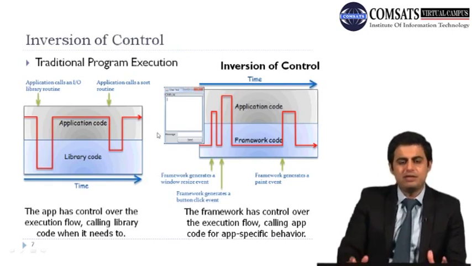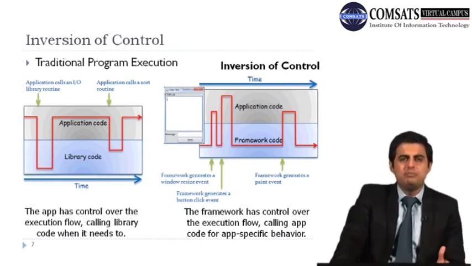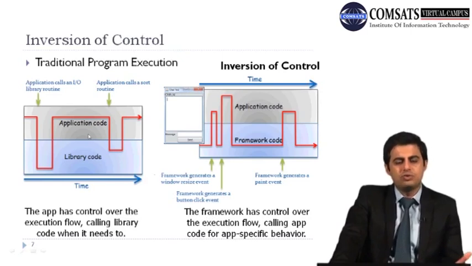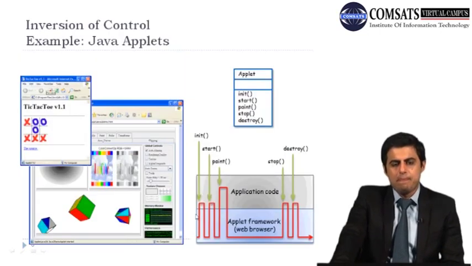So basically the main difference is that in traditional program execution, all the control is with the application code, and whatever you write in the application code, only that behavior runs. But if you look at the inversion of control of the frameworks, the framework does a lot of things for you, and it does a lot of extra work which you don't write in your code. It does it for you by calling the libraries and the engines and plug-in functionalities.